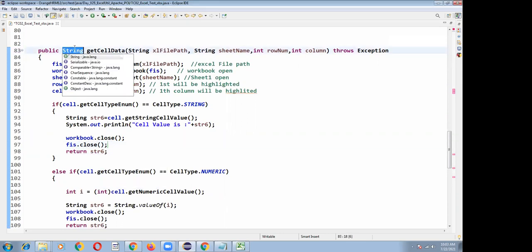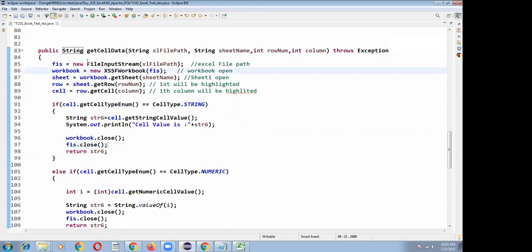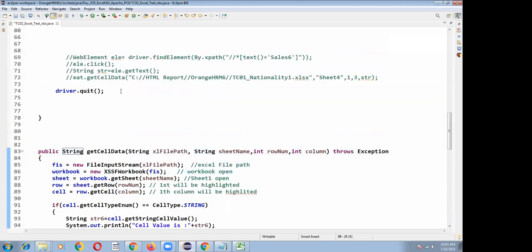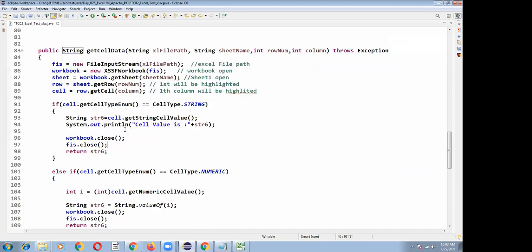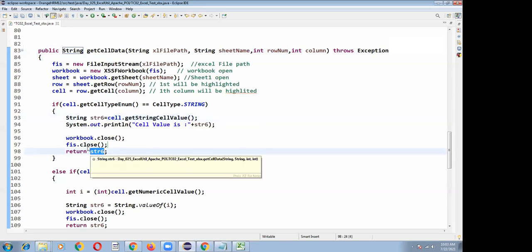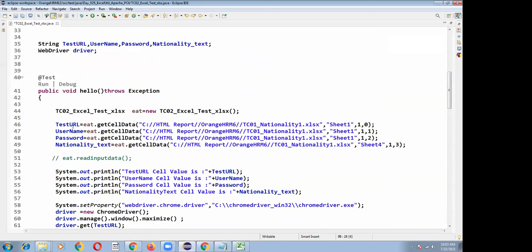See, it automatically changed to string. So from this method, some string value is returned, and this str6 value will come and be stored into this variable. Based on these input parameters, the first row 0th value is selected, cell.getStringCellValue returns that value, and I'm returning it, so it is stored into this variable.